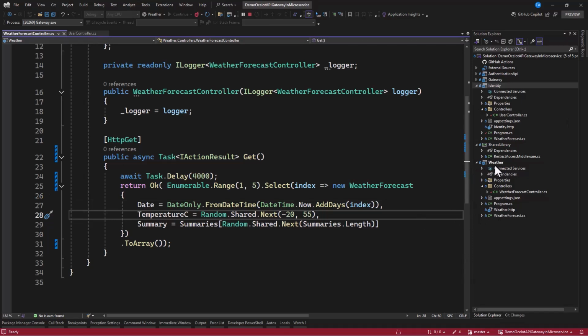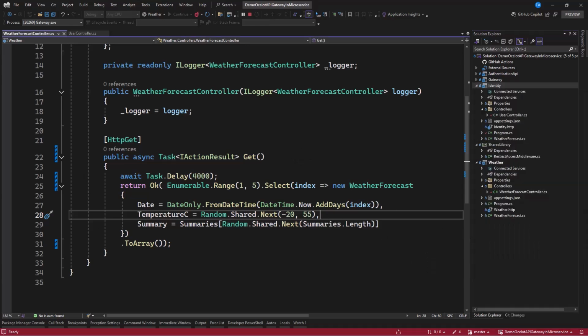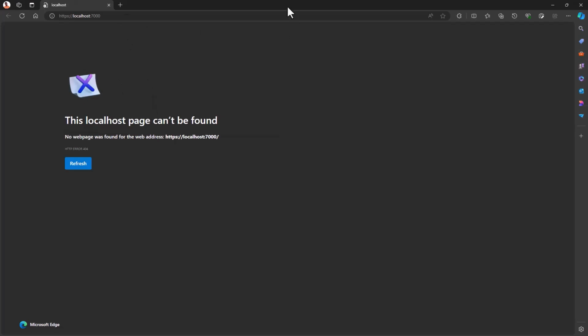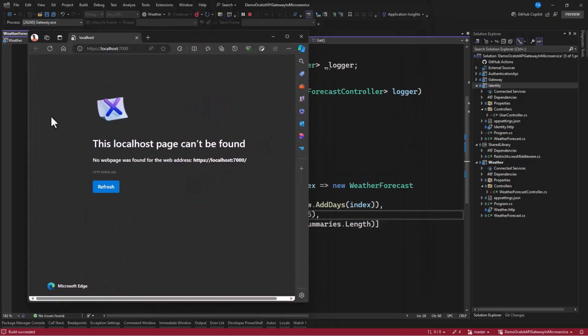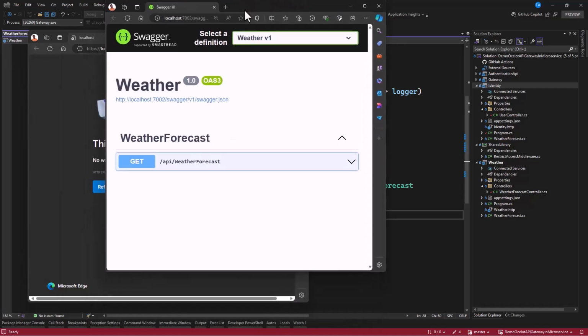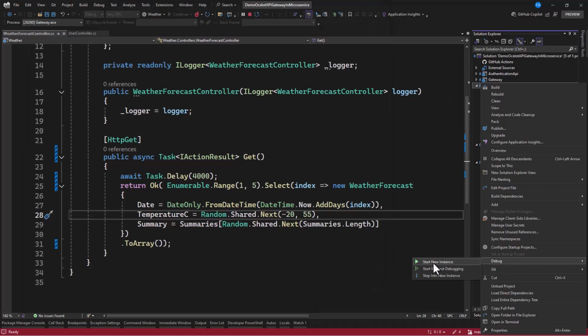Maybe we need to wait for this to start. Alright, so we have our API gateway ready now. Now our weather forecast is also ready. Now let's go ahead and start the identity.